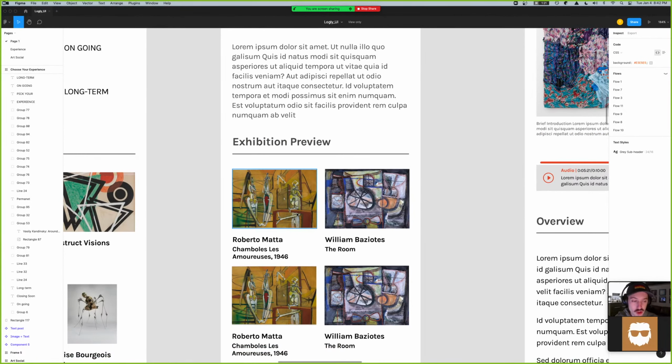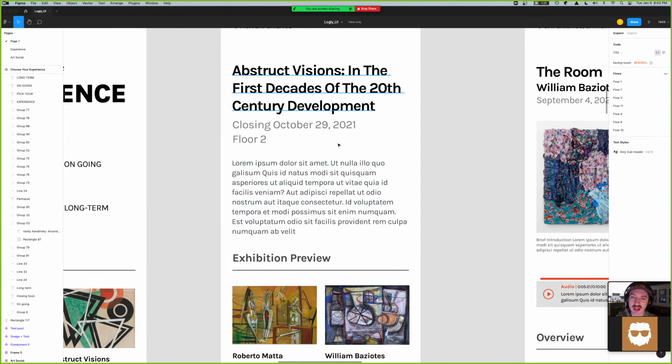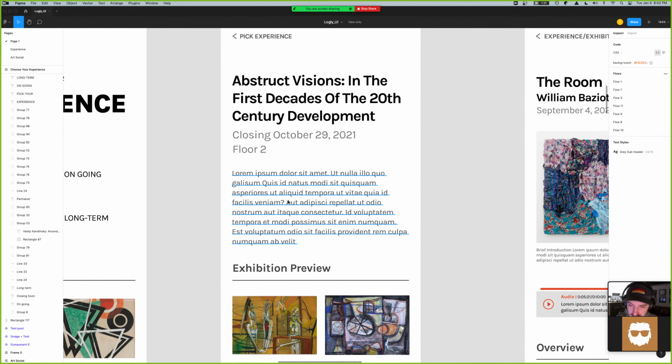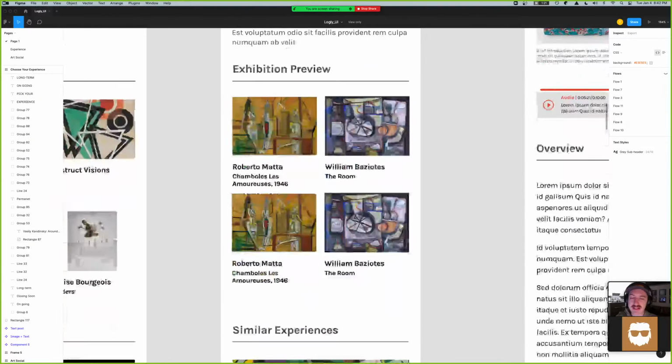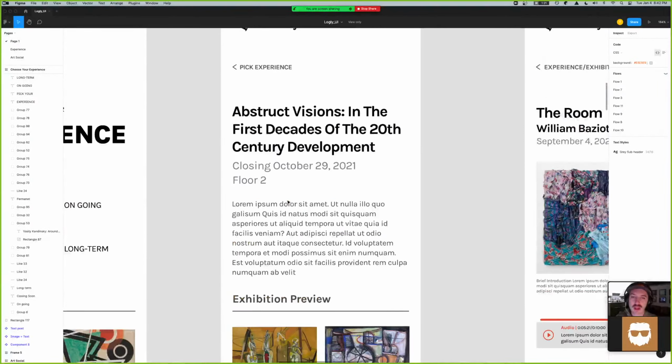So, we're eventually, not today, but eventually going to have to figure out a way to host Keystone images. But for today, we're just going to worry about publishing text. So, the title, the date, the content, and I think that's it for an experience for now.